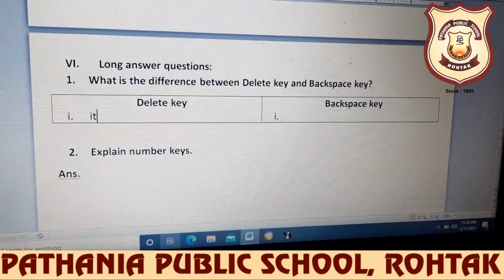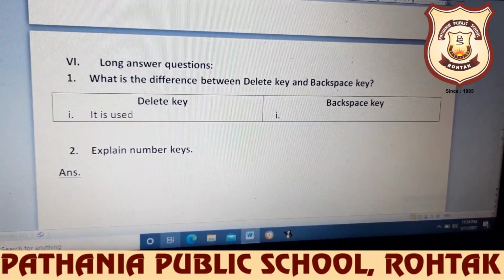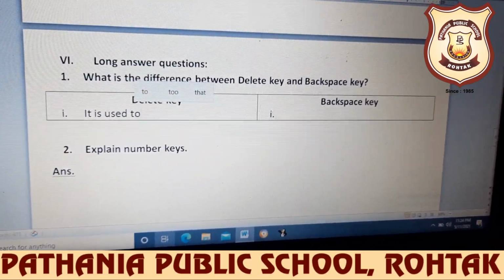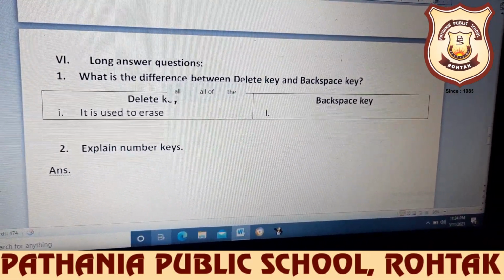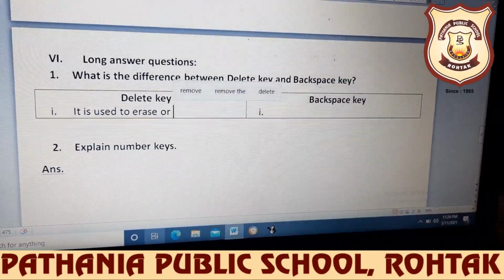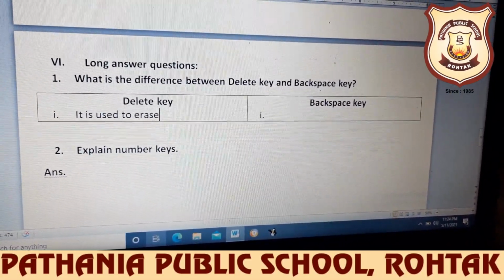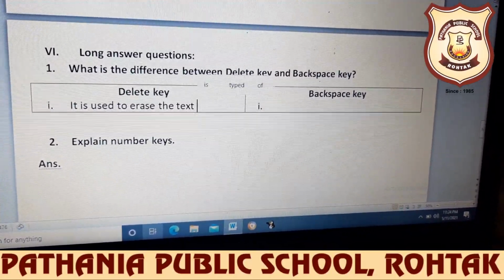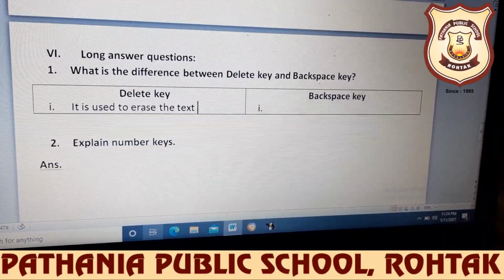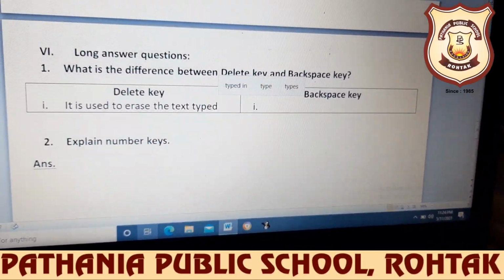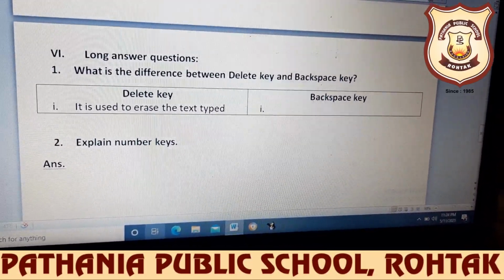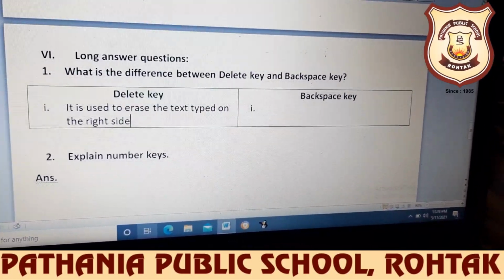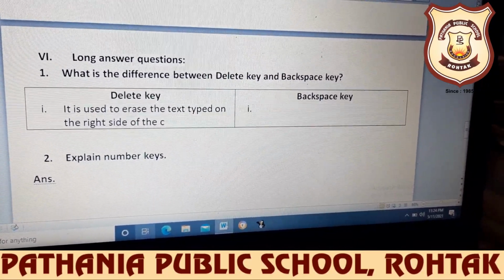So we'll write here, delete key is used to erase the text typed on the right side of the cursor.